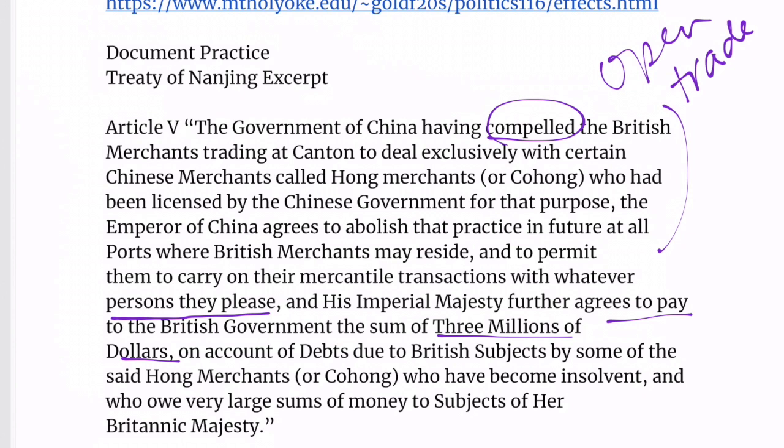to the British. So the larger context of this, what causes the Opium Wars to happen, is that prior to this, the Chinese were restricting trade, right? And the thing was that the British are trying to expand their empire, right? And their sphere of influence. They want to be able to trade more. They want to be able to do it the way that they want to do it. Remember, they were unhappy with the fact that all the Chinese wanted was silver. And so this document is going to be able to force the Chinese to open up more ports, to open up the availability to the British so that they can expand their sphere of influence.